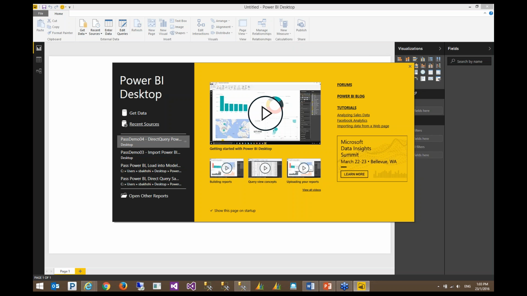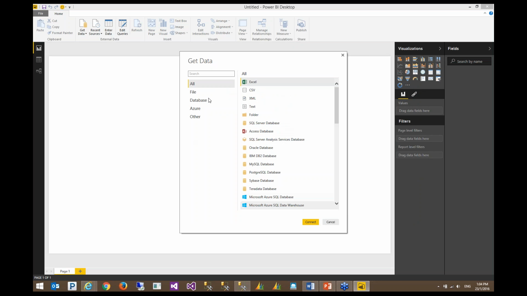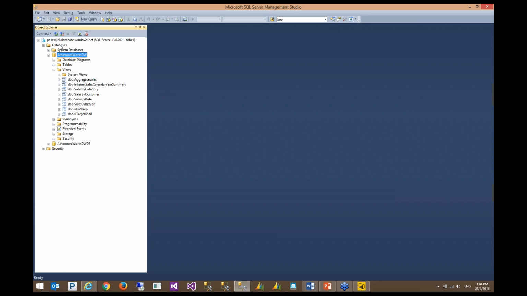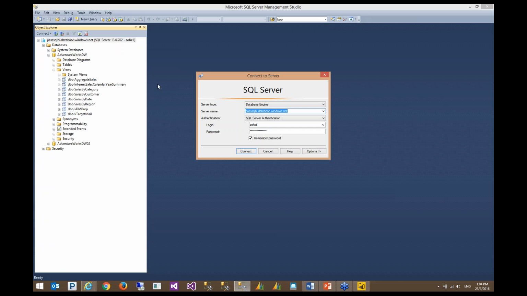Okay, so to connect Power BI to Azure SQL Data Warehouse, again, we need to have this fully qualified server name. From Get Data, I'm going to use Data Warehouse. I'm going to click here.